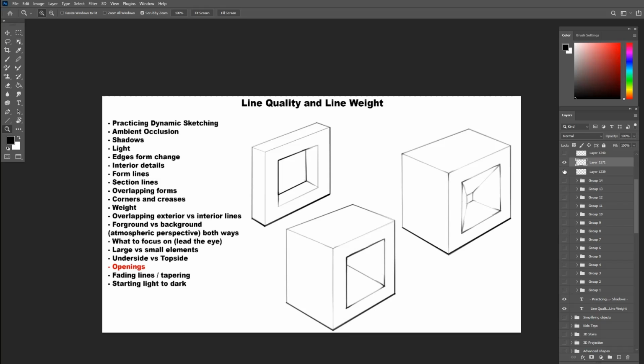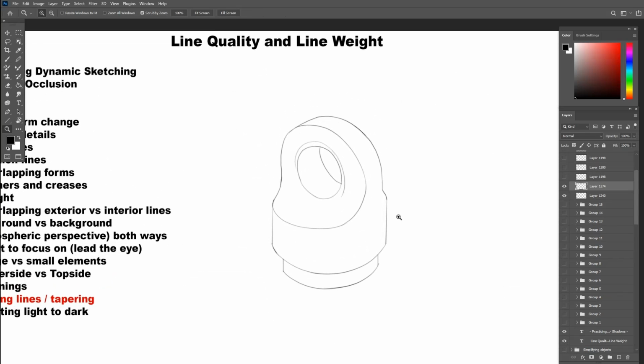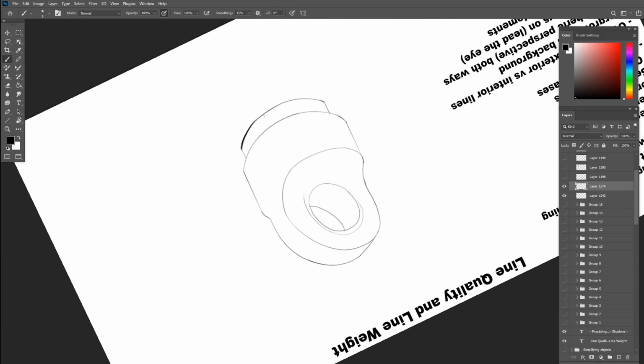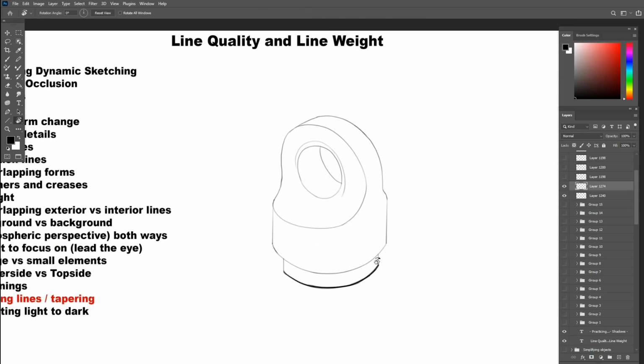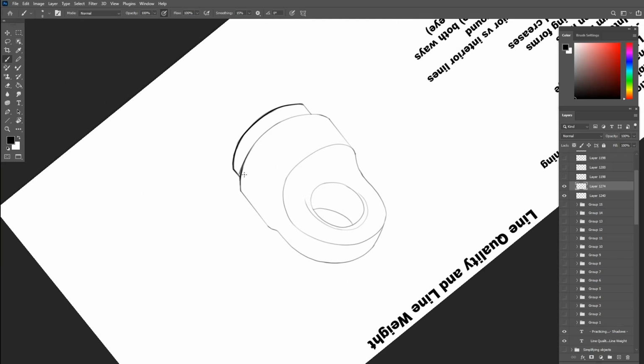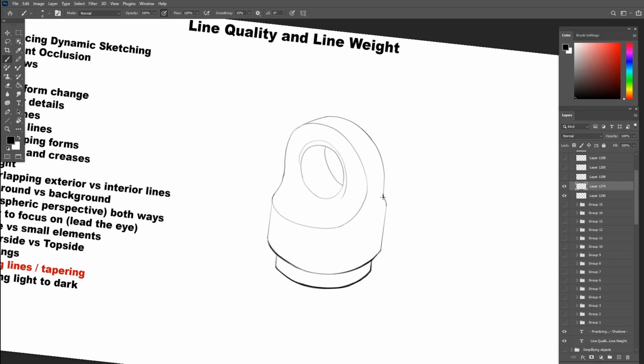A big difference. The final factor in the list, we have the fading lines and tapering. We already did some of it in the previous example, when a line starts thick and dark and then tapers off toward the light. We mostly use this with curved lines and different depth objects. Here we have a very rounded shape, so the lines won't be all thick all the way around. For example, the bottom step will overlap the bottom, but it won't be one thick line, because it will hit the light in different ways as it turns around. So the lines will have to replicate the same effect by going thick to thin and back to thick again.